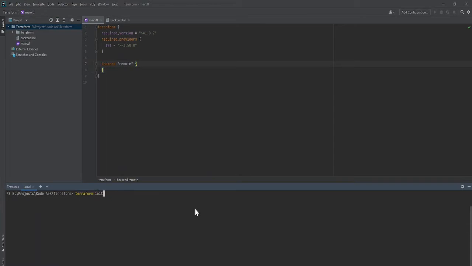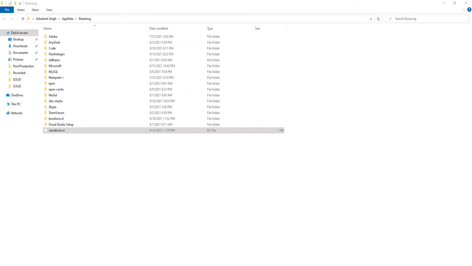Now I say terraform init with backend config and reconfigure. Okay, this is complaining because the credential location is not right, so we'll go and fix it. The file name is incorrect.